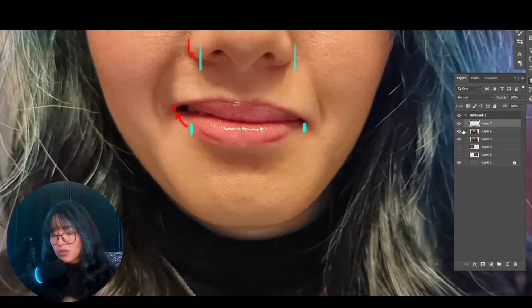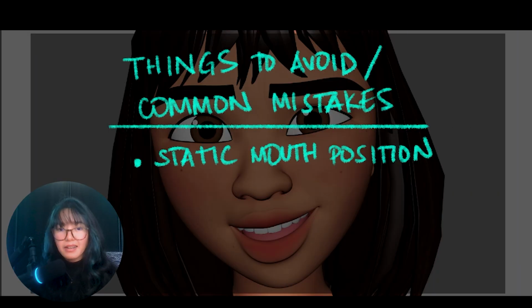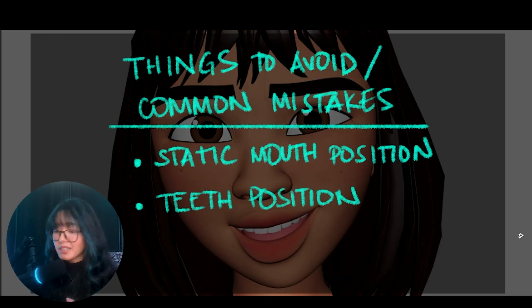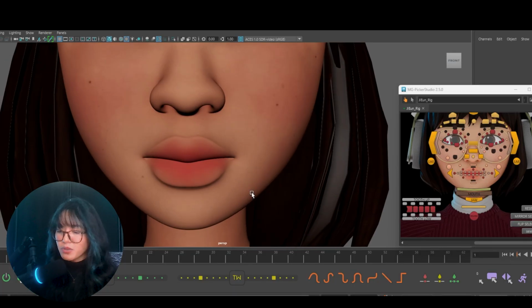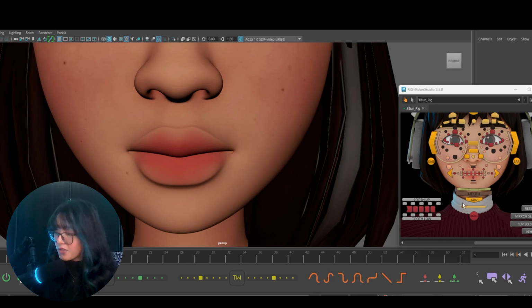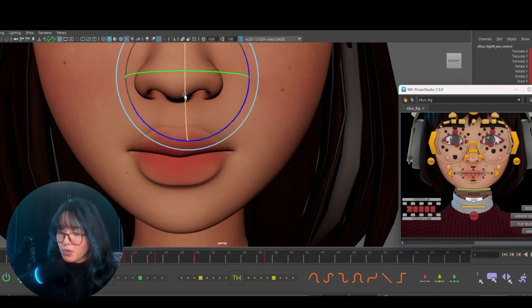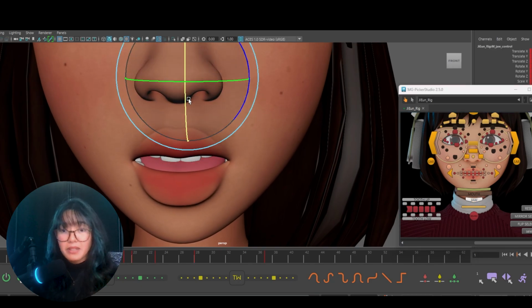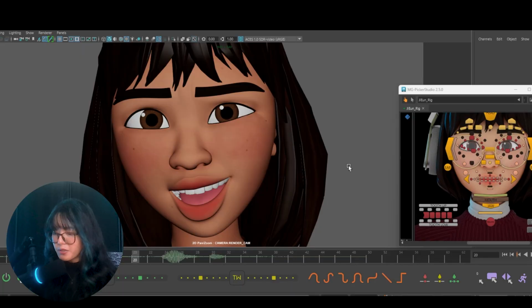Now, the second thing to avoid and look out for is the teeth position. The teeth are often and very easily overlooked when we're making mouth shapes because we're so focused on the surface of the face and so focused on shaping lips that we tend to forget what is happening inside the mouth. Let's look at an example of this pose when the teeth are not posed like this one